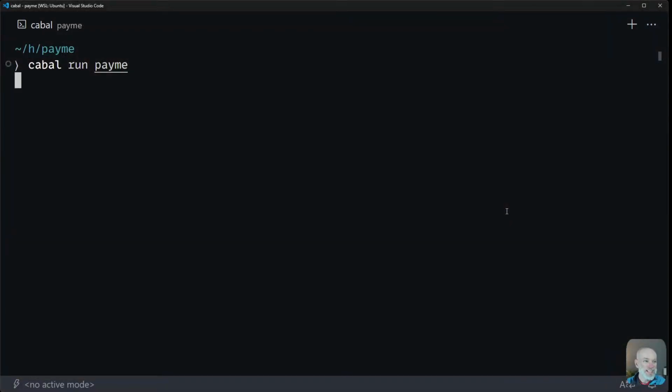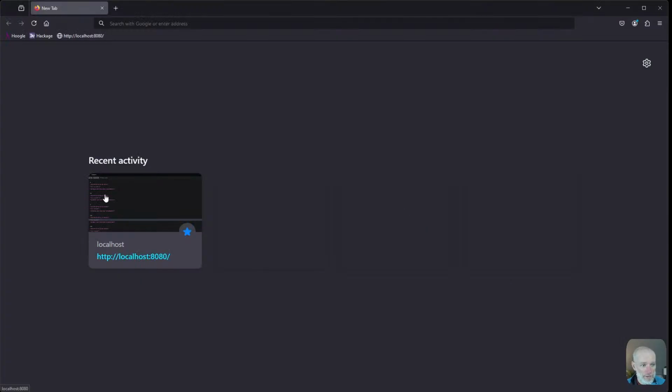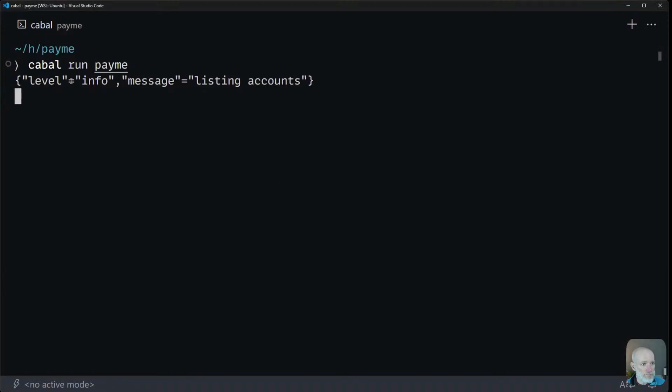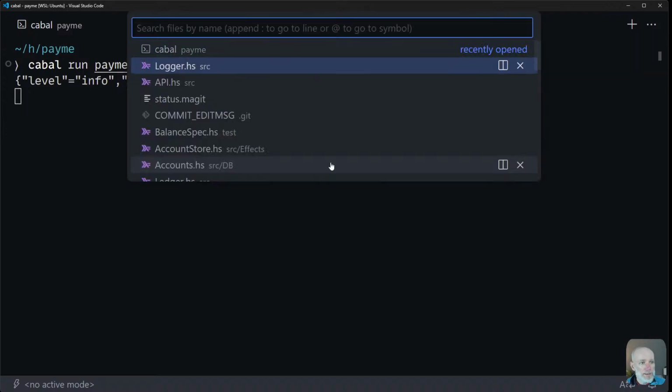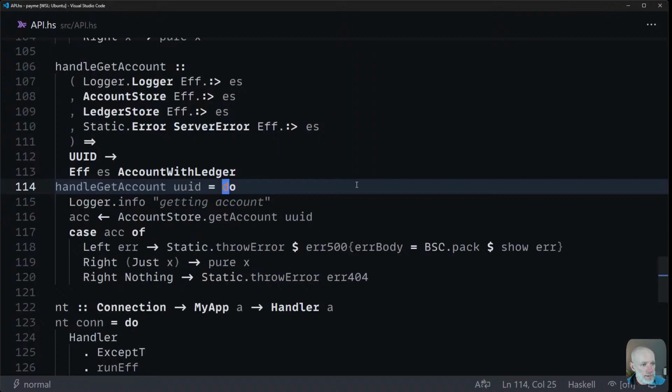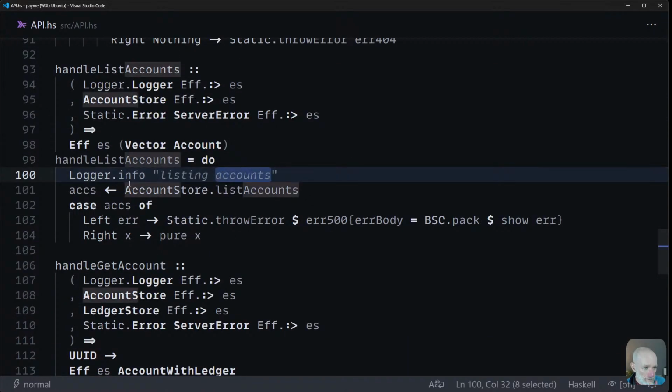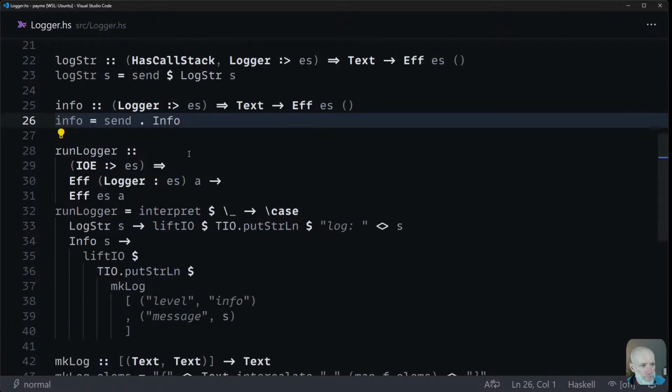So just jumping to the code. I say the code. This is me running the server, excitingly, and then I can go to the web page and it loads and I log a message saying listing accounts, and the level of this is info. And if I have a quick look at the API, it's one of these listing accounts. So I say logger info listing accounts, and logger is